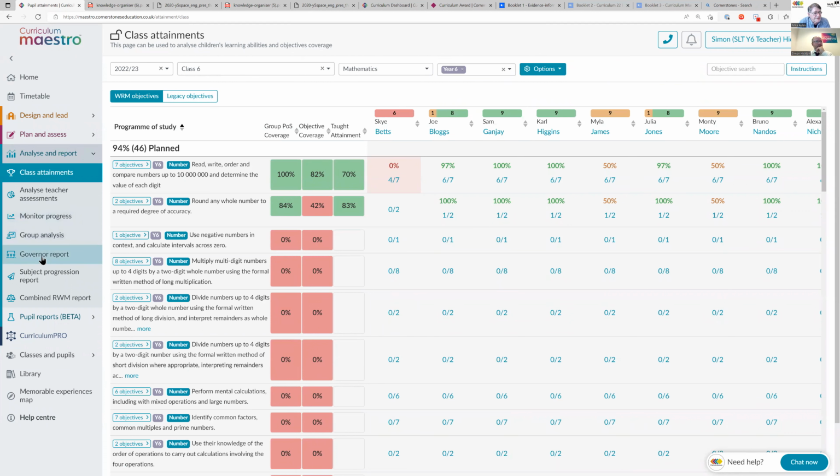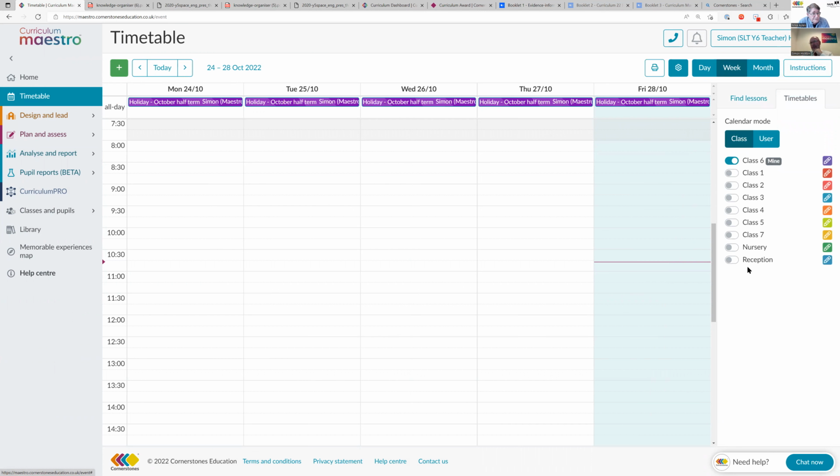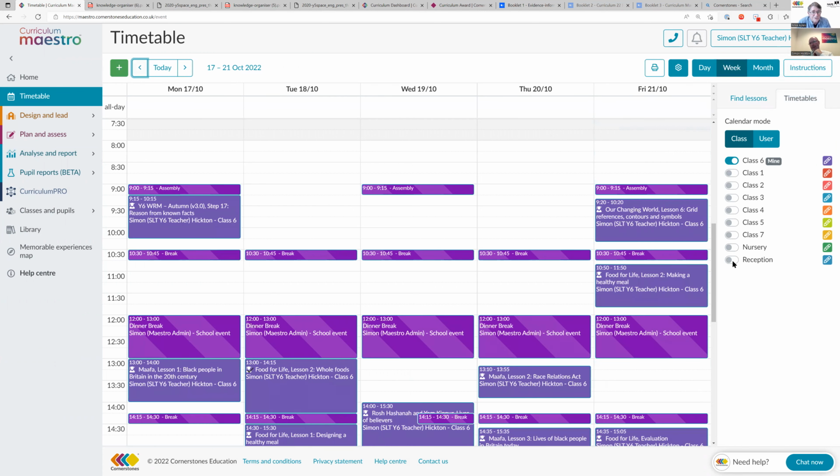So teachers know exactly where children are, what they're doing, and how they're actually attaining. Yes, that makes a lot of sense. And that's very useful. As a governor, your timetabling system is particularly important to us because we know if we're going for a learning walk exactly when, for instance, science is being taught, which is one of my responsibilities as governor. So you can bring out the timetable, you can see what's being taught when, so you don't miss it.